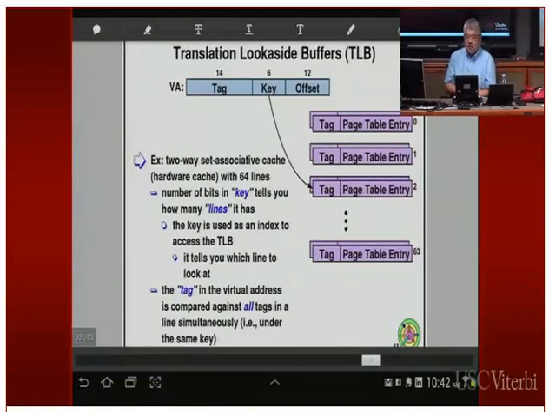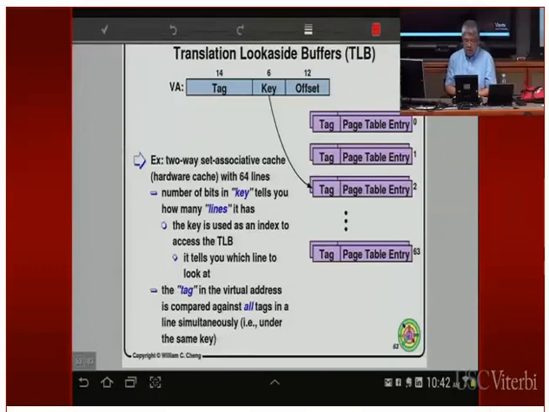So what does the translation look-aside buffer look like? This is a typical hardware cache. For all of you who have taken architecture or who are double majors, you're probably familiar with this. The typical translation look-aside buffer uses a set associative cache, and it works like the following. It has multiple levels. You take the virtual address and throw away the last 12 bits, because the last 12 bits offset into a physical page, so we don't really need that. We're going to take the first part and divide it into two parts.